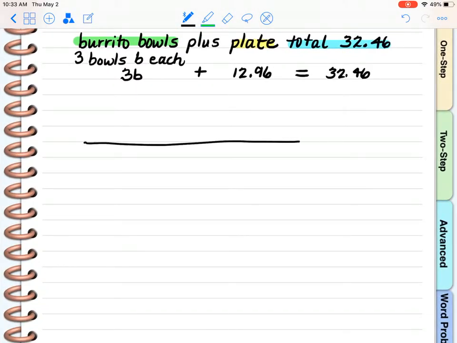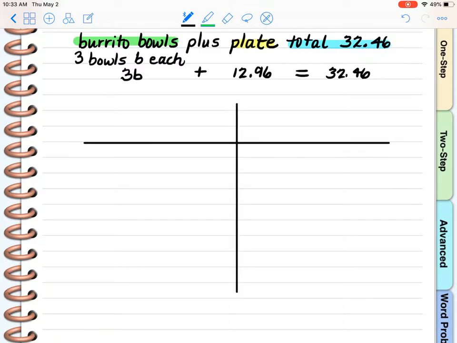So when you go to make your frame, this is going to be a 2-step equation. Nothing too serious along those lines. 32.46 is your constant. And the price of the burrito bowls is the variable. We need to know how much that cost. So we have 3B plus